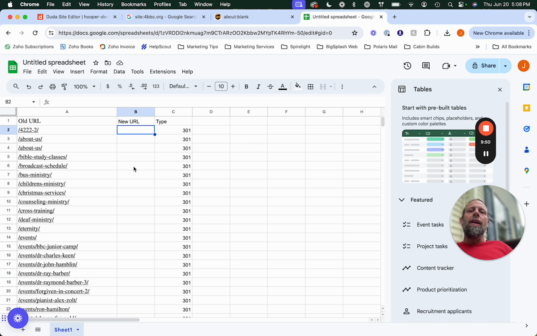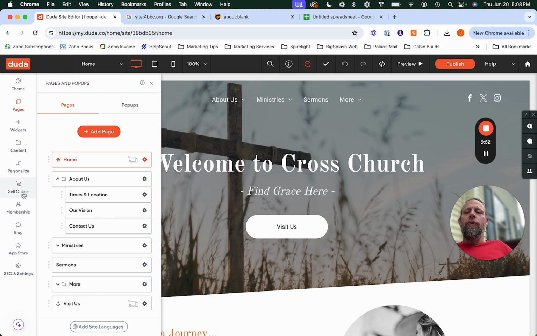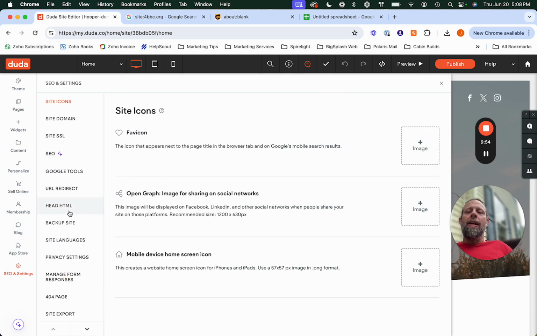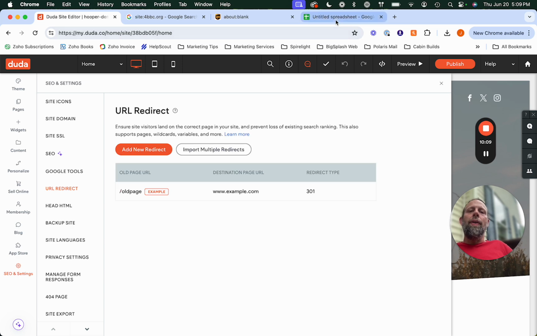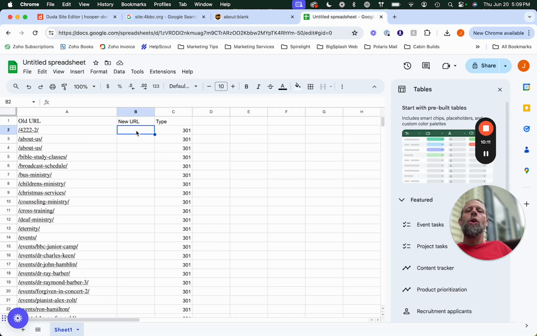However, if you want to be able to be presented with a list of all the pages and just basically click on each URL and choose which page to forward it to, then a method that you can use is just for a new URL,